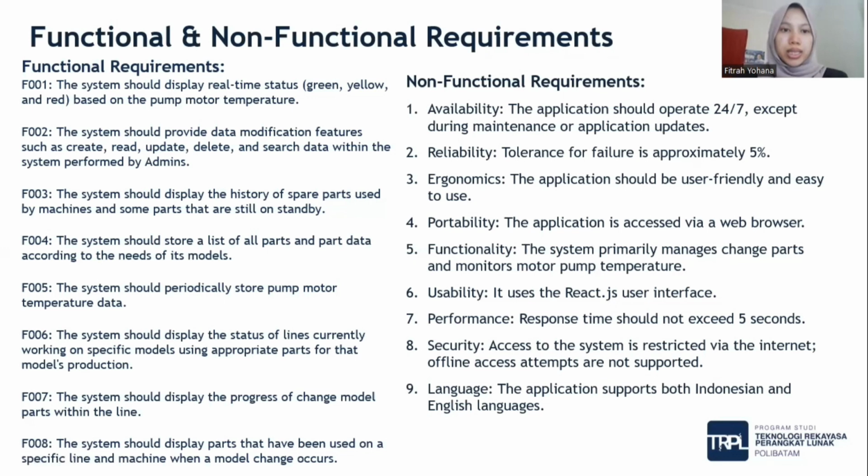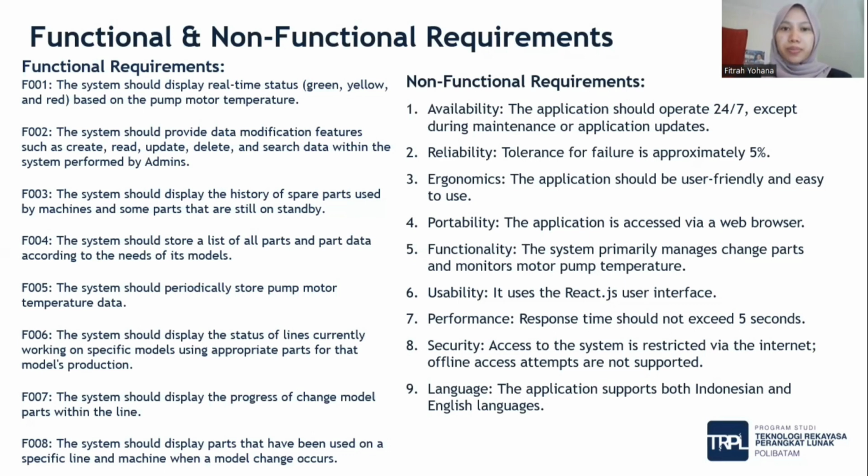Number 2, the system should provide modification features such as create, read, update, delete, and search data within the system, performed by admin. Number 7, the system should display the progress of change model part within the line.